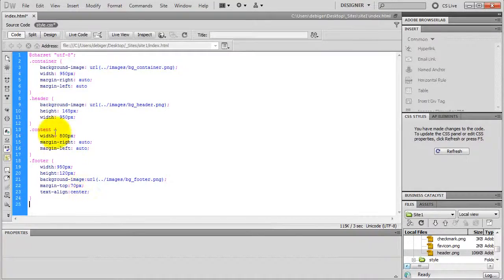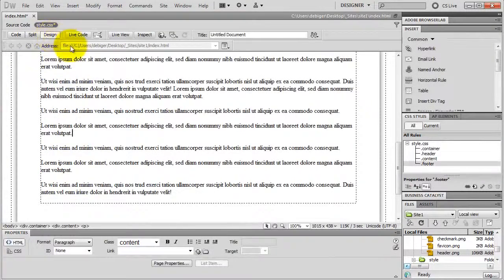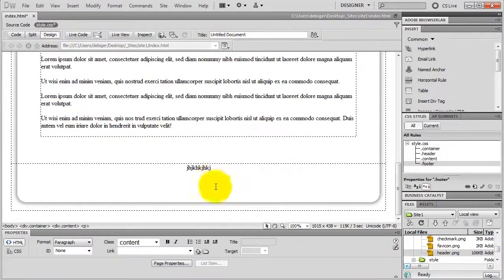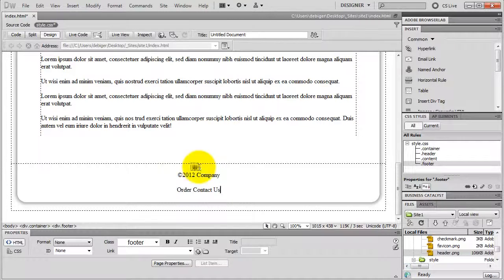I go back to design view, scroll down, and here's my footer div tag. I just paste my text in. There you go. And I put my cursor inside of my text, and my text selector shows me where my cursor is. It's inside of a paragraph tag, inside of my footer div tag, inside of my container div tag, inside of